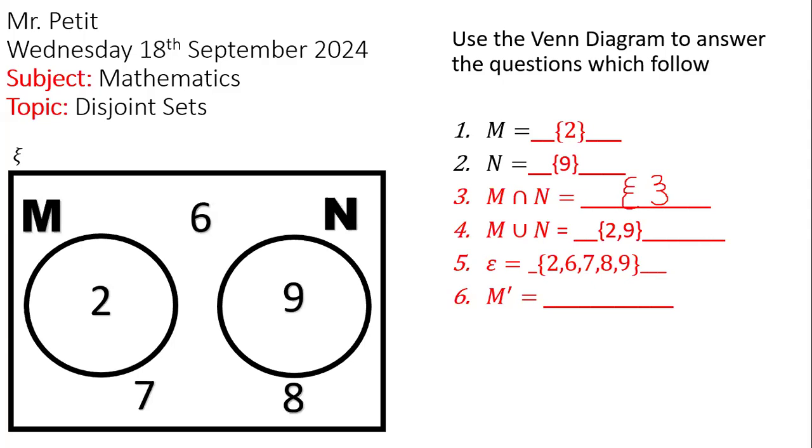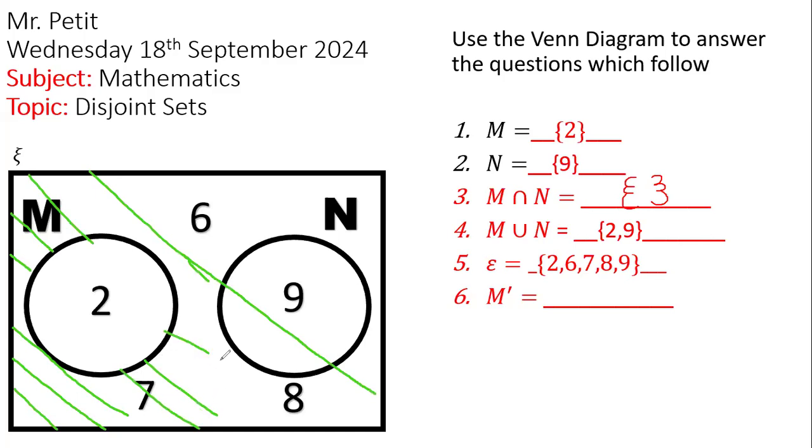What do we mean by the complement? Everything besides what's in M. Very good. So M complement means that we want everything in the universal set except for what? Except for M. So we can include all of this, everything except for M.